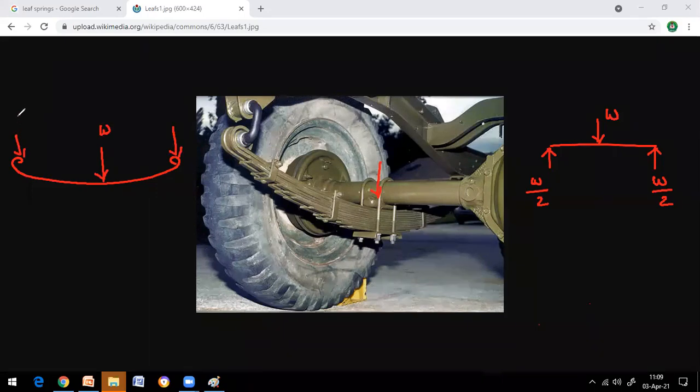ఎంతమ్మా? What will be the support? ఎంత అవి? See, just common sense. Please use your mind to answer this. When the axial load is falling on the spring, as the spring is in the air and which is supported at both ends at the top, then what will be these two supporting loads?